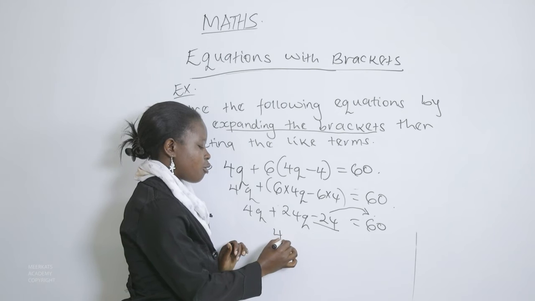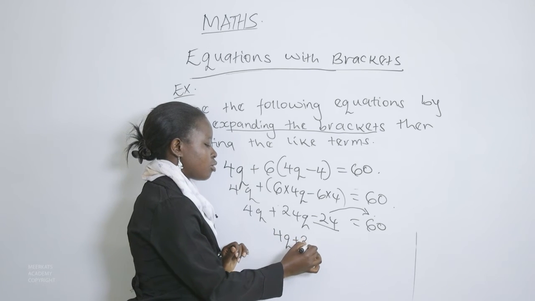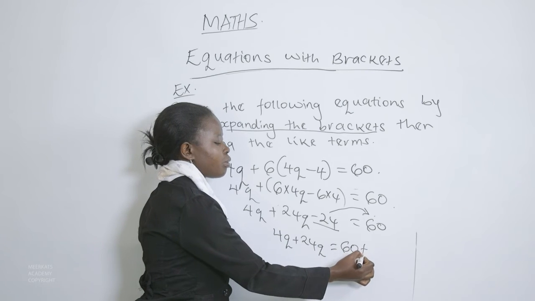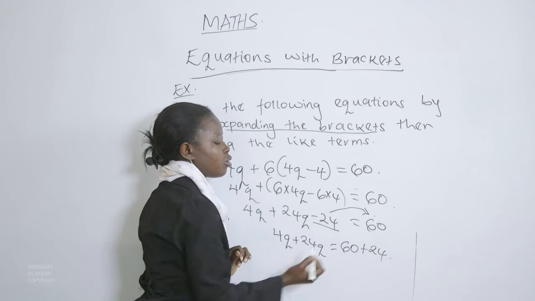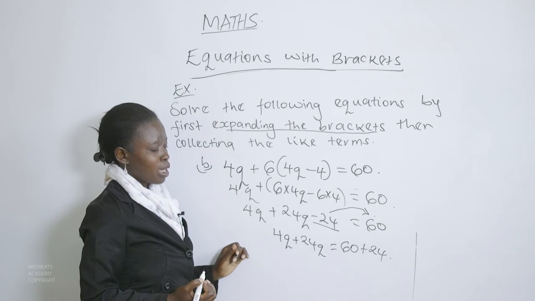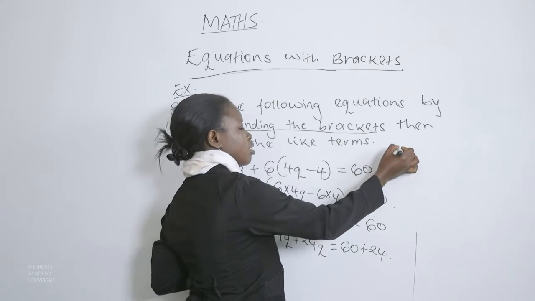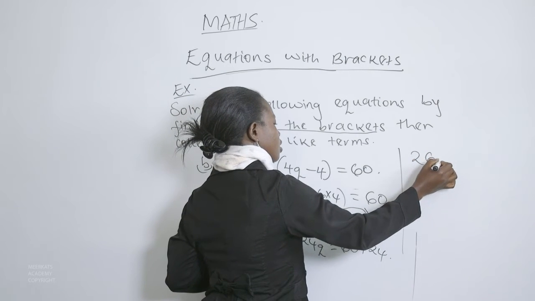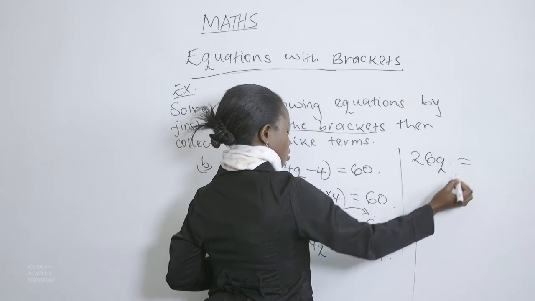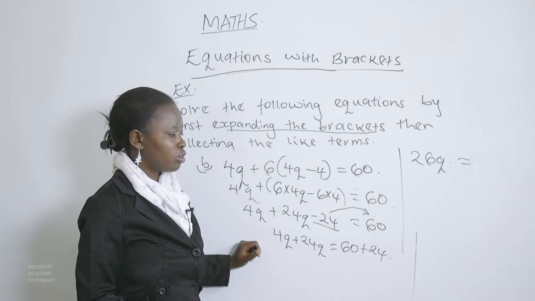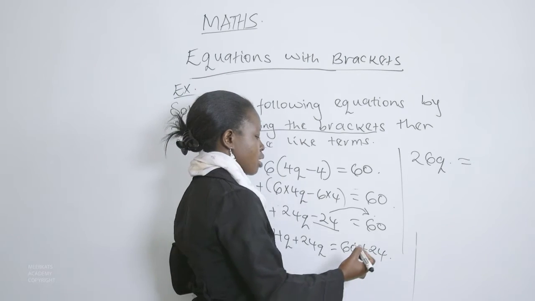So that we have 4q plus 24q will be equal to 60 plus 24. 4q plus 24q gives us 26q is equal to 60 plus 24 gives us